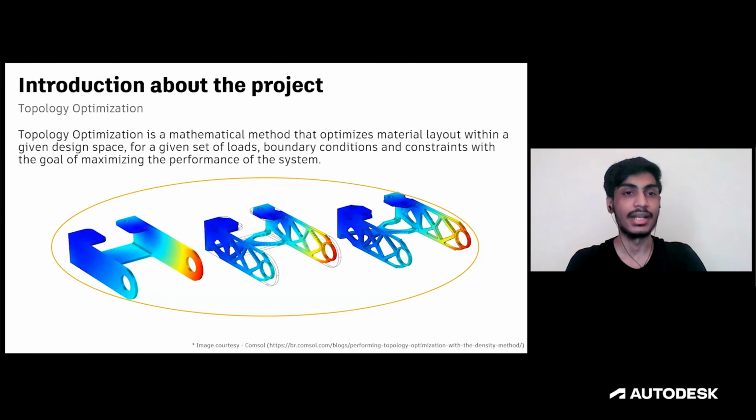One of the biggest factors in terms of design that every designer would like to do is to optimize their design. And we all know about topology optimization. For those who don't know about it, it is a mathematical model that optimizes the layout of the material when certain conditions like loads and constraints are defined. Here is a simple example of topology optimization. In topology optimization, we do work on a design, and we give the maximum amount of information to the machine, but in response, the maximum amount of output that we'll get is just one.